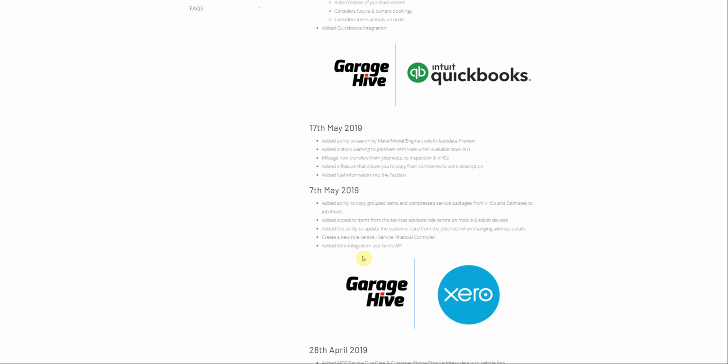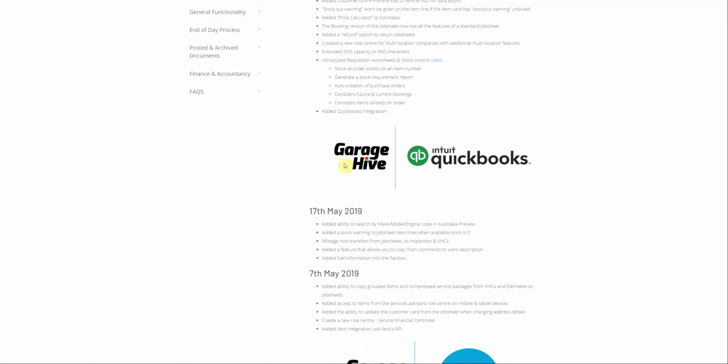So we managed to make a really nice integration with Xero using their APIs. So we have almost a seamless integration where the sales ledger, payments and the purchase ledger at the touch of a button can just be sent straight to Xero. So there's no export or import. Works really nice. If you're going to use an external accountancy system with Hive, then Xero would be the one that I recommend. We've also created